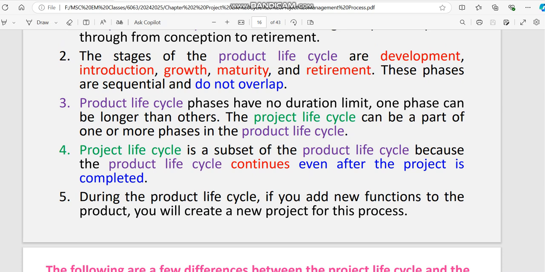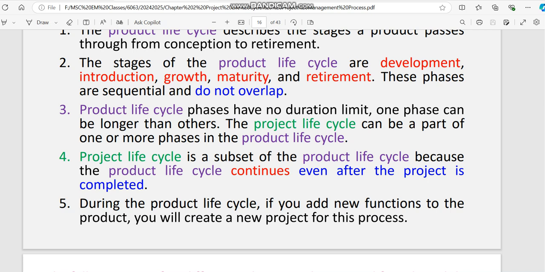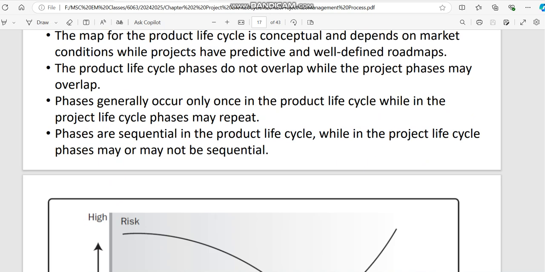So there's this overlapping here that maybe can be confusing to certain people. But like I said, a project is also to create a product. So when that product comes to the end of the life cycle, it's also the end of the project life cycle, if you look at it that way. Yeah, so if you look at it from a project and product perspective,